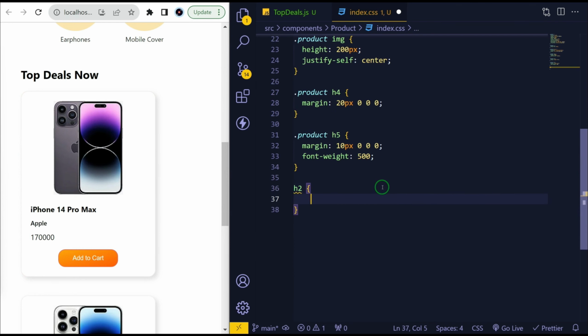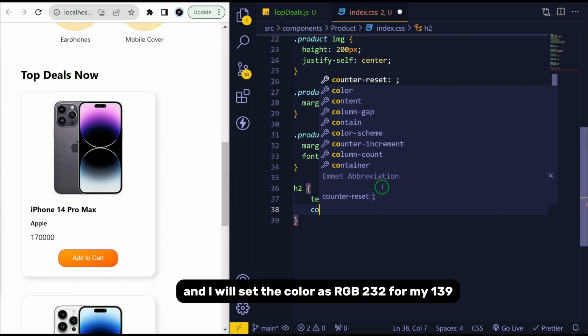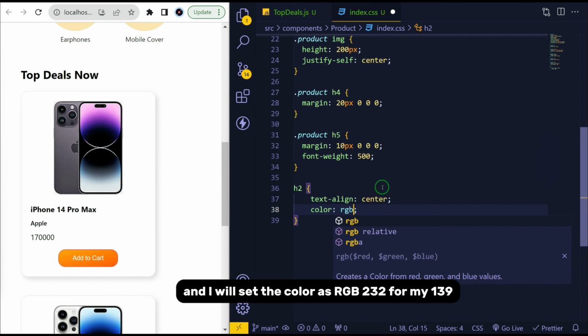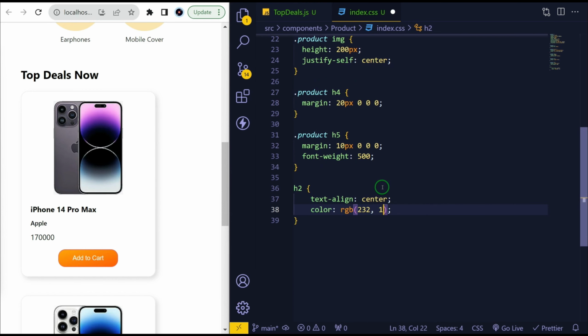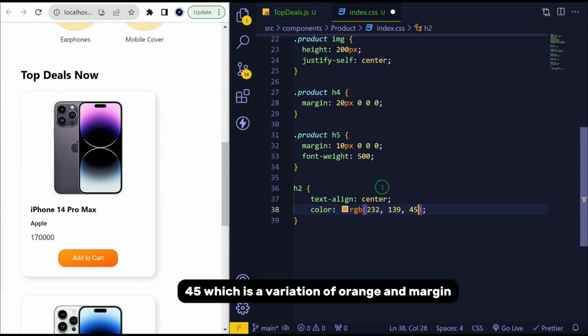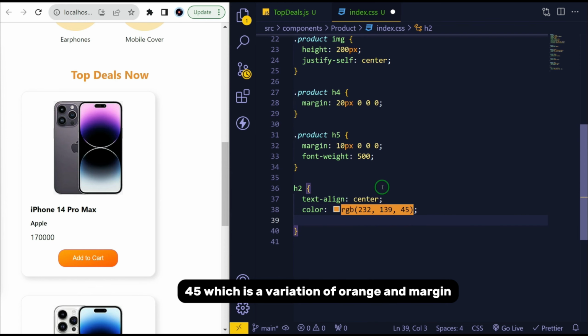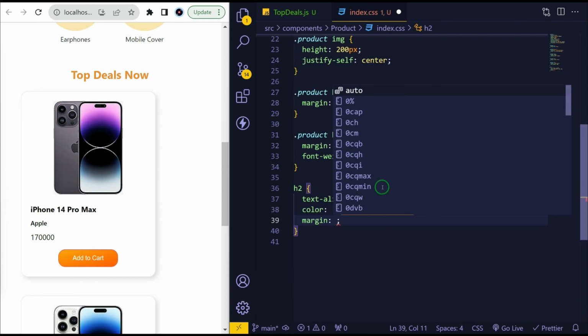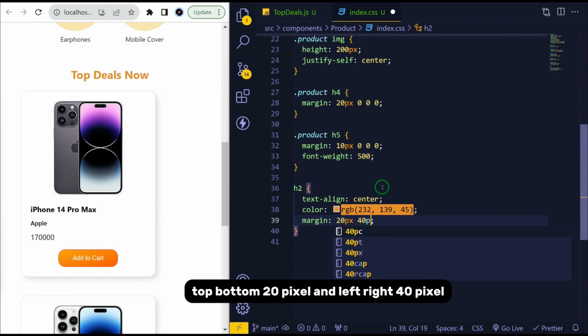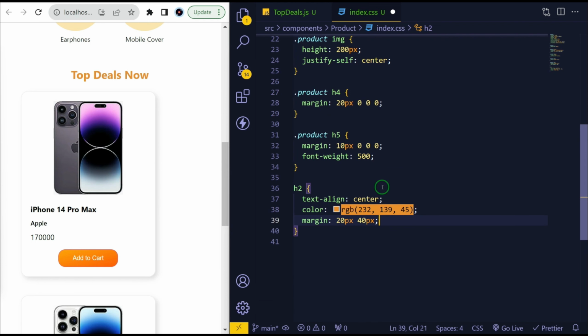For the h2, let's text align center, and I will set the color as RGB 232, 139, 45, which is a variation of orange, and margin top bottom 20 pixel and left right 40 pixel, and I